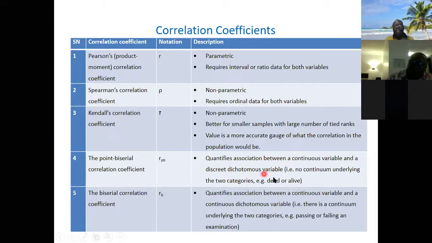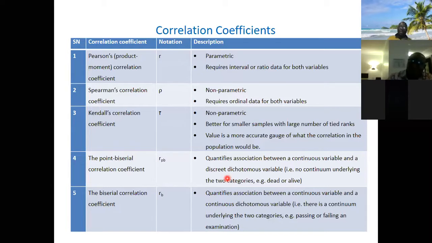So with the first one, the discrete dichotomous variable, when we are doing correlation between a continuous variable and that discrete dichotomous variable, the one that does not have an underlying continuum, it is called point biserial correlation. But if it is between a continuous variable and a continuous dichotomous variable, like when you measure blood sugar and say diabetic, not diabetic, or obese, not obese,